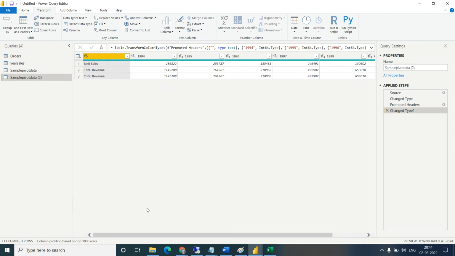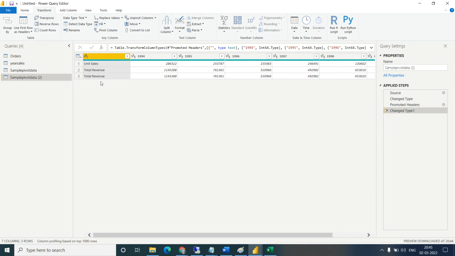Now we will use the transpose, and instead of pivoting and unpivoting, we will not use this. We have seen how to use the pivot and unpivot. Now we will try to use the transpose option. Transpose option we can use for the pivoting and unpivoting, for both. So how will we do this?